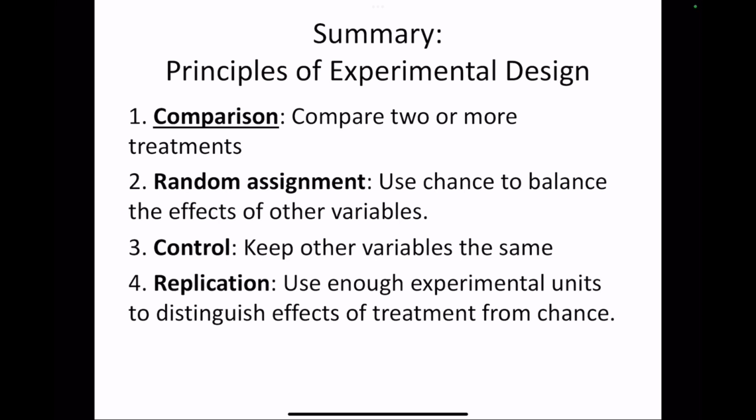Or if it's objects, we want to randomly assign them out. We want to try to keep all the other variables in the experiment the same. So think of it as the same experience, except for our treatment. And replication just means let's do it on enough people so that we know that what we're seeing here works